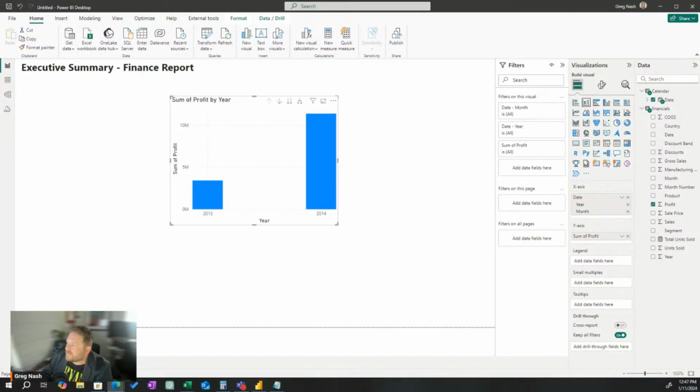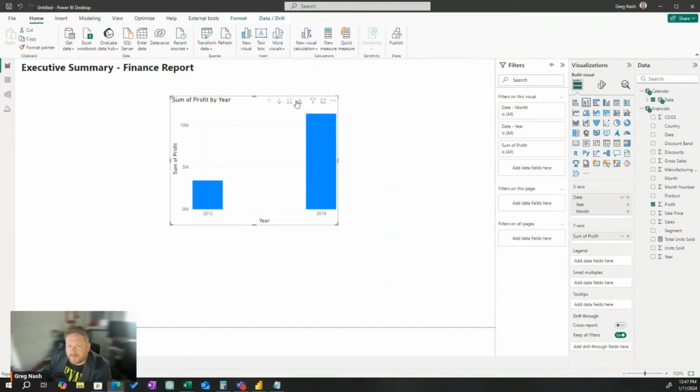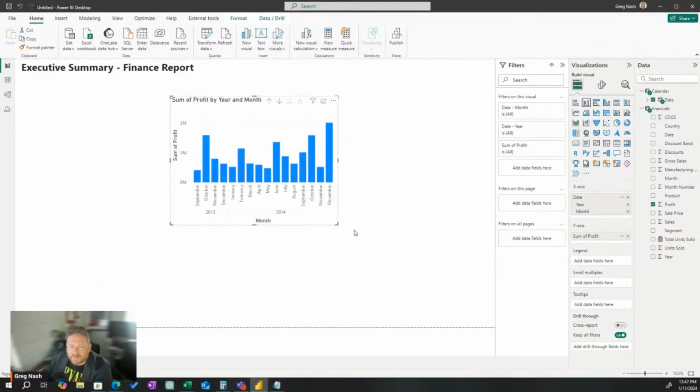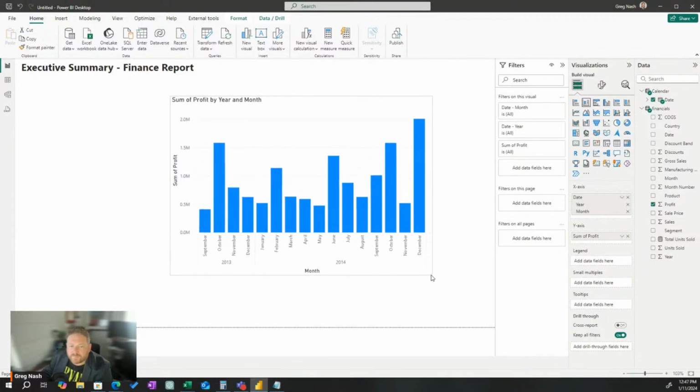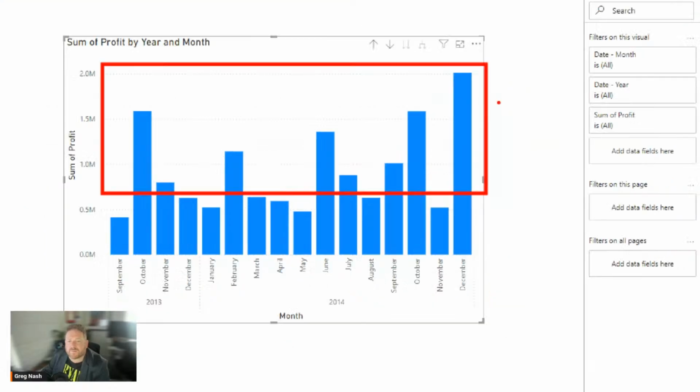They don't tell you this in the tutorial, so it'd be easy to get confused. But you have to hit one of these buttons. You have to hit this one. Expand all down one in the hierarchy. And then that will happen. And then we're seeing all of our sum of profit by year and month across the day as a column